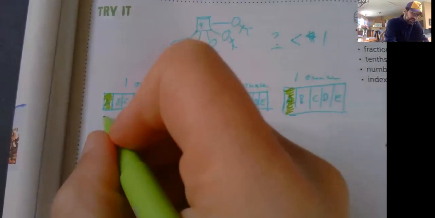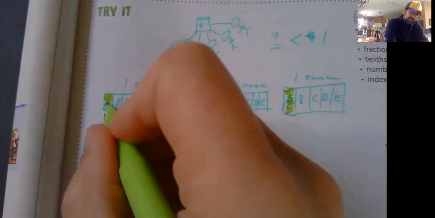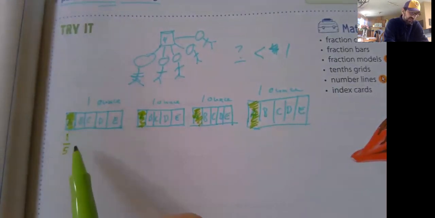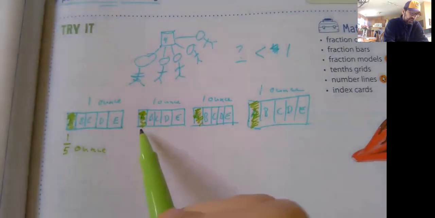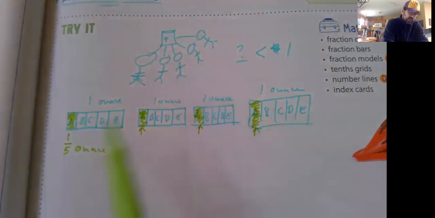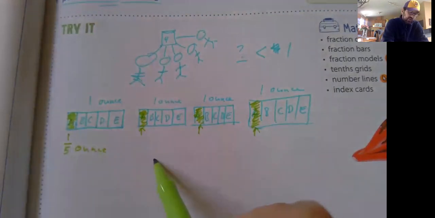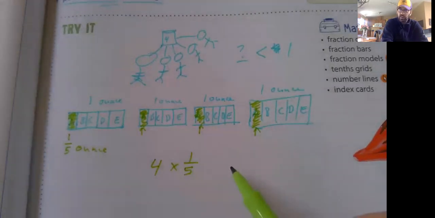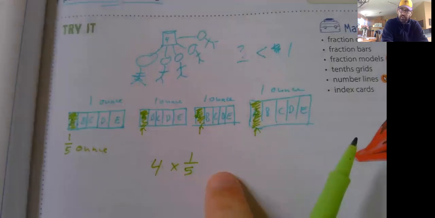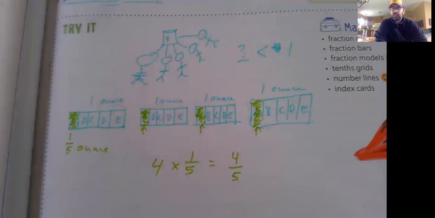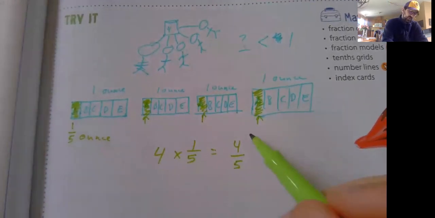Okay, but the point is that the value of this one piece right here is 1/5, right? It's 1 out of 5, so it's 1/5 ounce. Okay, this is 1/5 ounce. This is 1/5 ounce. This is 1/5 ounce, right? So the idea is I have 1, 2, 3, 4. So I have 4 of them. I have 4 1/5 ounces, right? Again, we could just use repeated addition, but this gets us to 4/5, correct? This is 4/5 of an ounce. So each kid gets 4/5